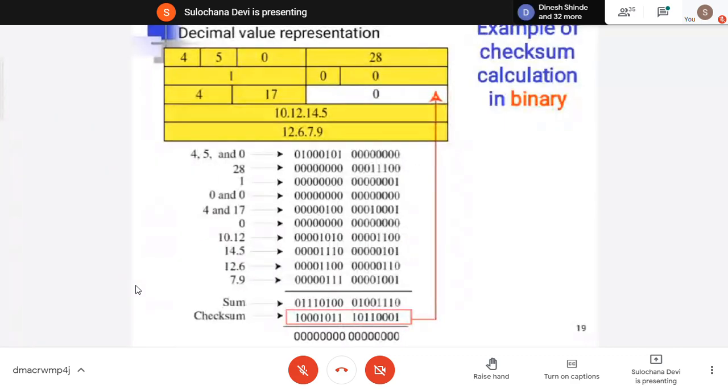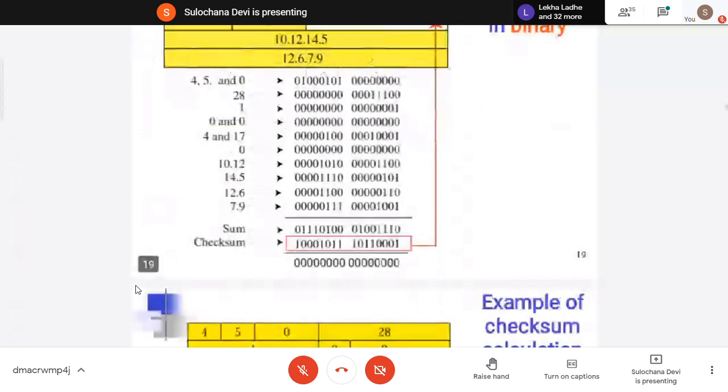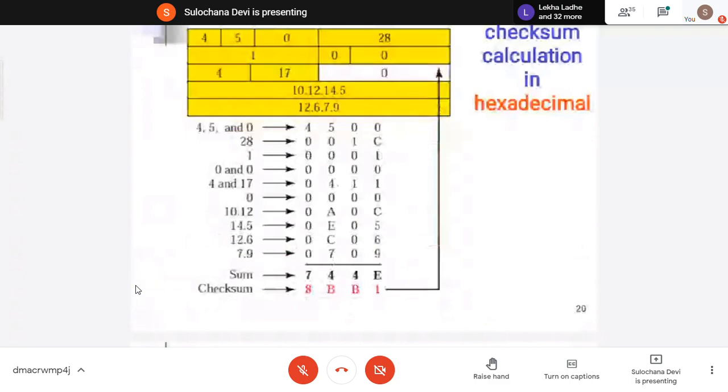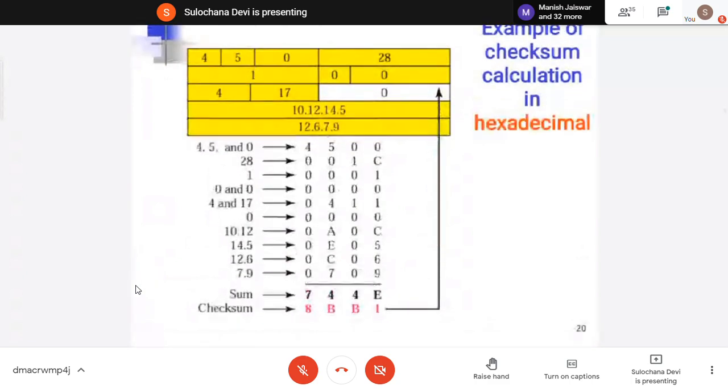And in the checksum, I have added minus 50. So when I add everything, all the other values, positive 50 and minus 50, I'm going to get 0. Okay. So this is the binary way and this is the hexadecimal way. This is how you convert into hexa. And there is a procedure because the sum may exceed that. You'll understand this when I teach you the technique to calculate the checksum.